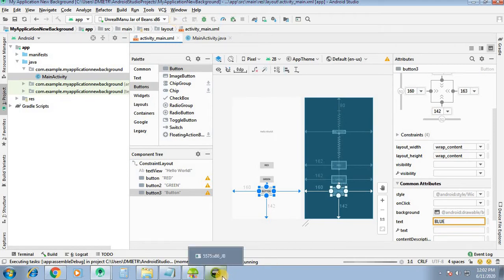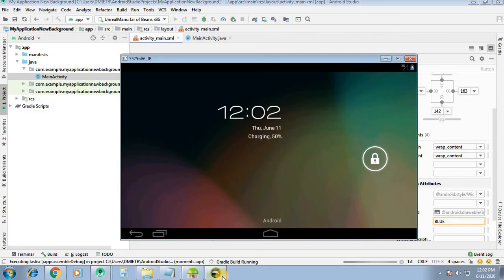So we are using here the Genymotion emulator.